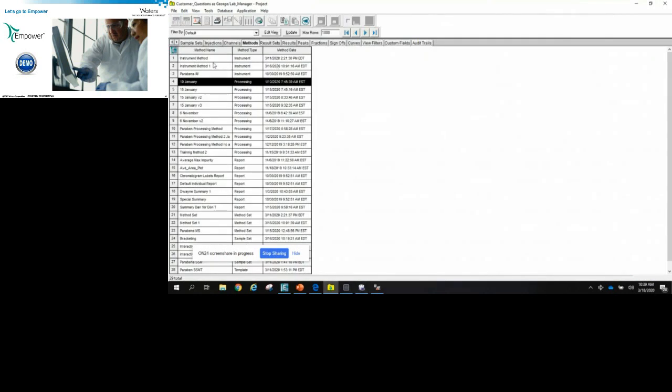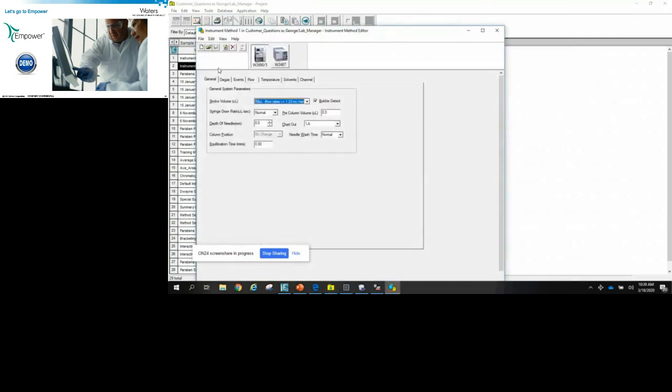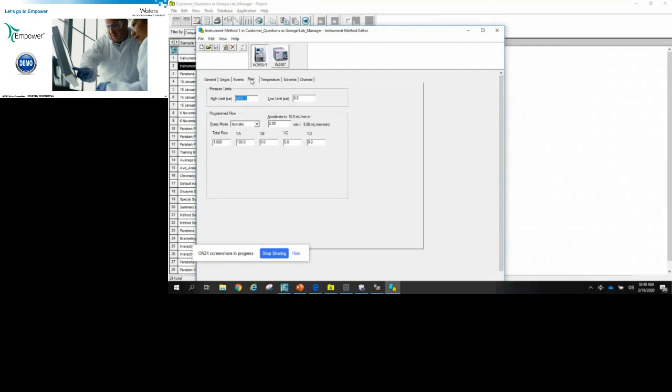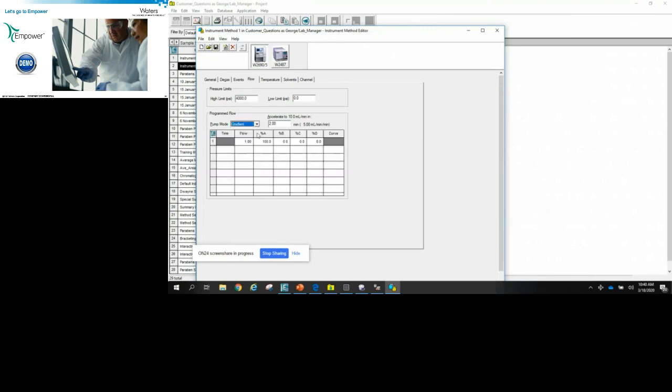And I'm going to, again, try not to click around too quickly here because there's a slight delay between my clicking and what you see. But if I go on the flow tab for the pump, whether it's an Alliance or an Acquity, the Waters pumps behave in a similar fashion. If I create a gradient table, even if I'm doing an isocratic method, this will work in the same fashion. Here's my 60/40 A and B, which is aqueous and organic. And maybe after 5 minutes, I go up to 20/80.